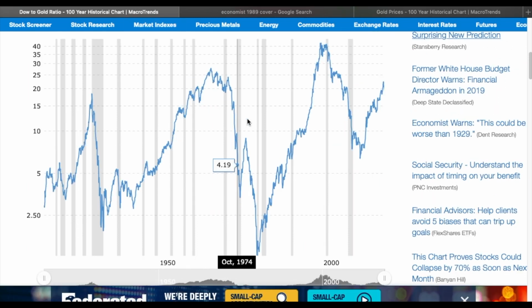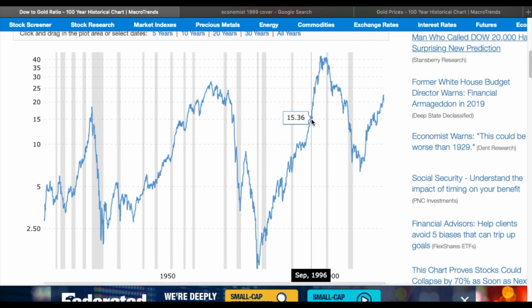So let's go forward again to 1997, to the dot-com bubble. This Dow Gold Ratio went up rather steep, came down rather steep, as opposed to the 60s where it was a wider peak. This one is a sharper, more precipitous peak. So when it went over 18, it moved rather quickly, got to about 40 for the Dow Gold Ratio. You had another devaluation. This time it was in Europe.